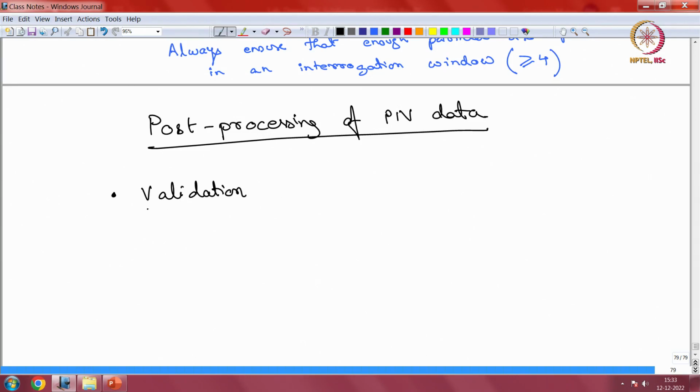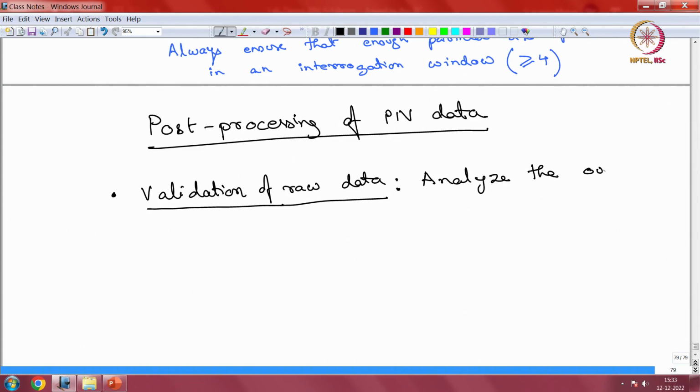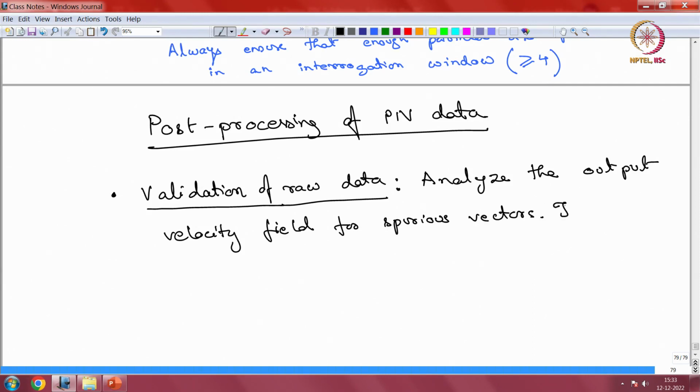So that is what validation means: validation of raw data, which means analyze the output velocity field for spurious vectors. Spurious vectors are errors in calculation. They can often be detected